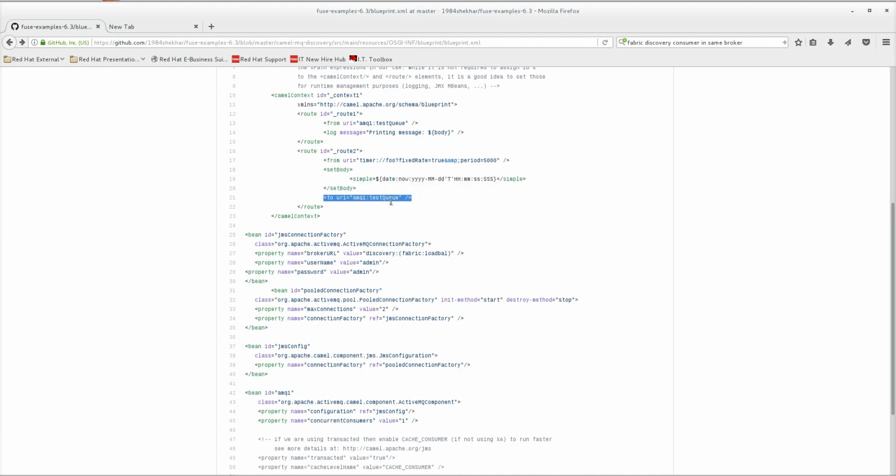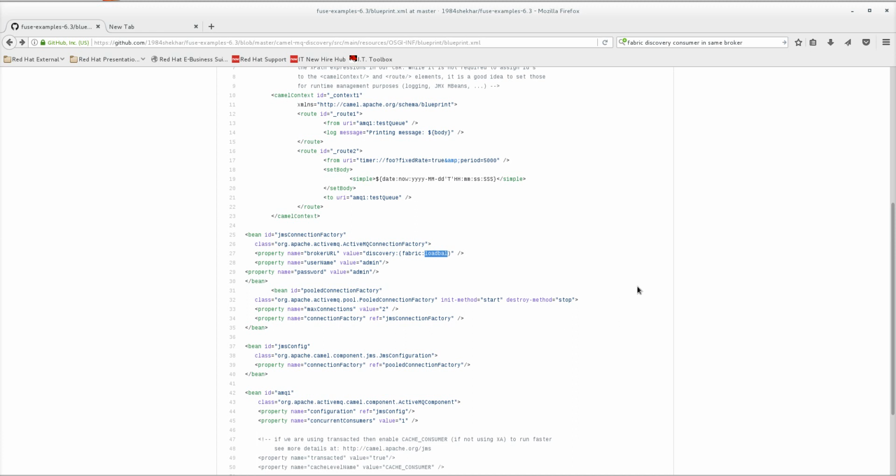It will send to this discovery URL. This URL is a group name, and this group name is registered in the Fabric registry, and against this registry there are some brokers registered. So Fabric will decide, this group name will identify which is the master broker, and it will send the messages to that master broker.